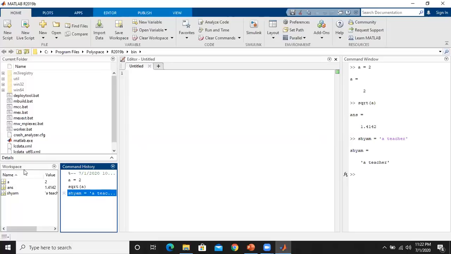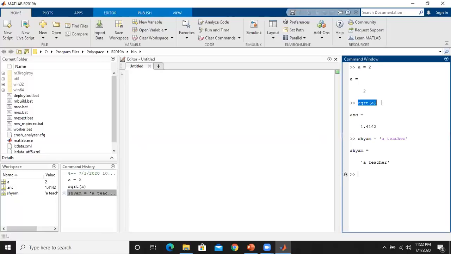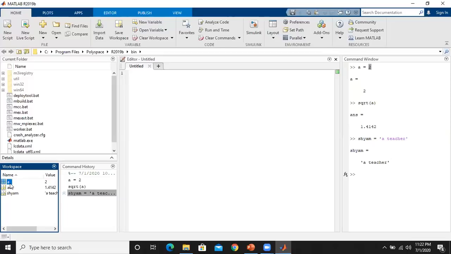At the same time, in the workspace, what are the instructions or commands that we used in the command window, right? So those things will be saved in the workspace with the variable name and the assigned values. So here I typed a equal to 2, so a is the variable name assigned with the value 2, so 2 is the value and the variable name is a.